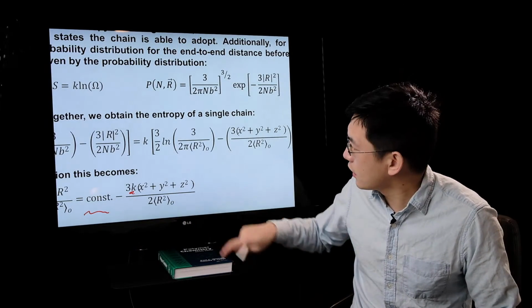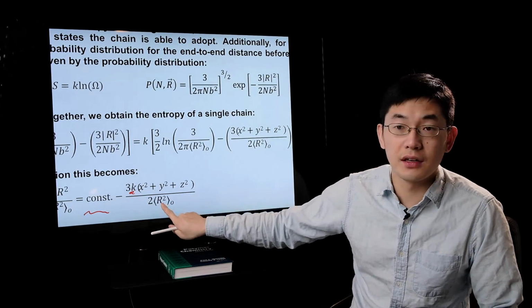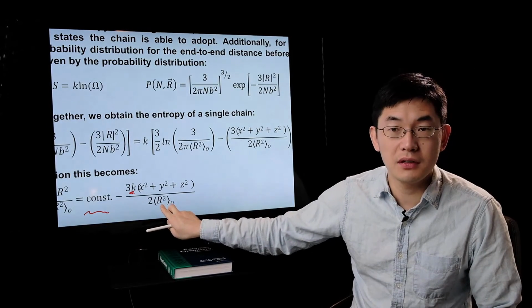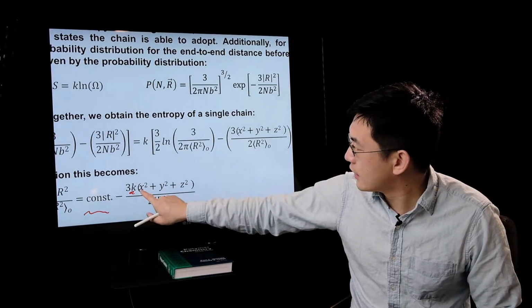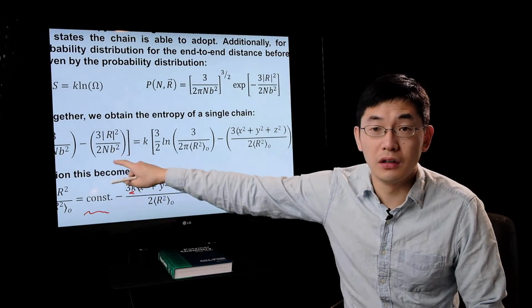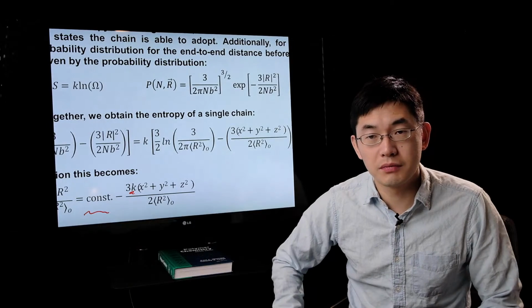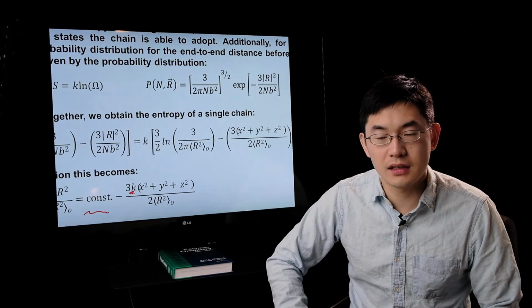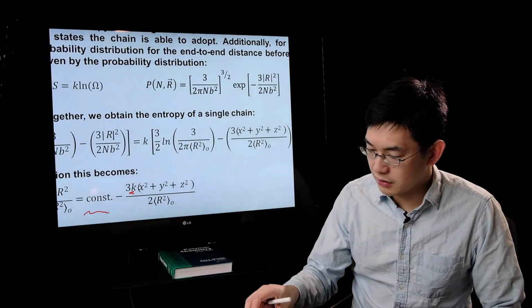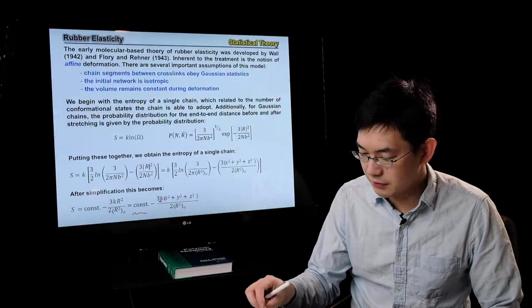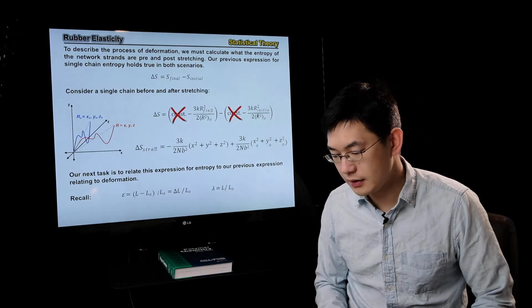Okay, so once again, this is the Boltzmann constant. This is the end-to-end distance at equilibrium. So if you don't stretch it, it's your initial r squared. And it's equal to N b squared. N is the degree of polymerization. b is the statistical segment length. And x, y, z is where the deformation degree for your material. Okay, so